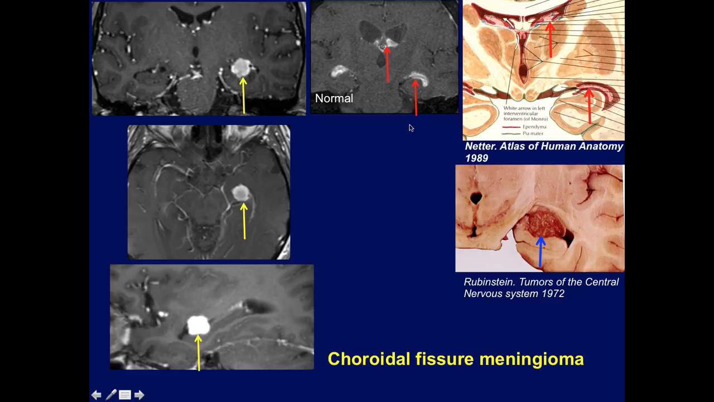Another enhancing lesion. Where is this meningioma? Correct. As Gino said, this is in the choroidal fissure. Now, if we look at this anatomic specimen, again, coronal view,